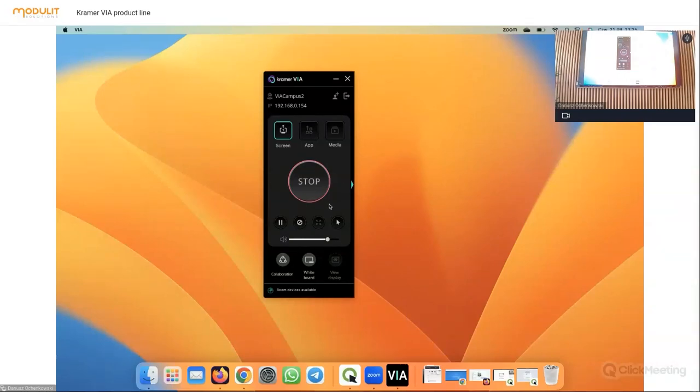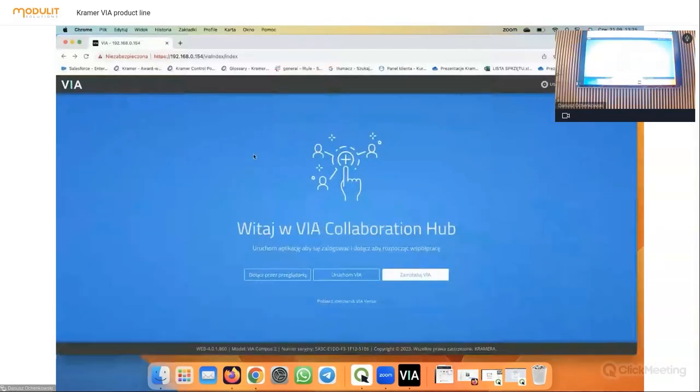And for the overview of the application, I think that's mostly it. We can move to the interface of the VIA. So to manage all the settings that VIA has, it's easy because we just need to type the IP address of the VIA that's displayed on